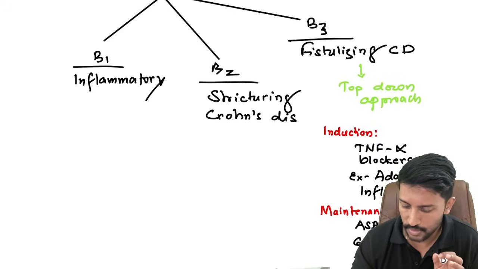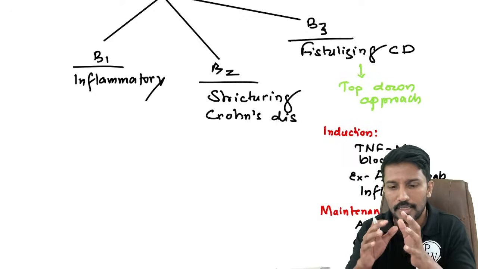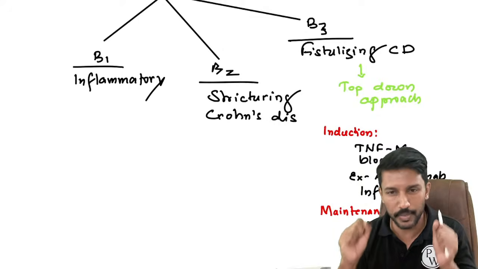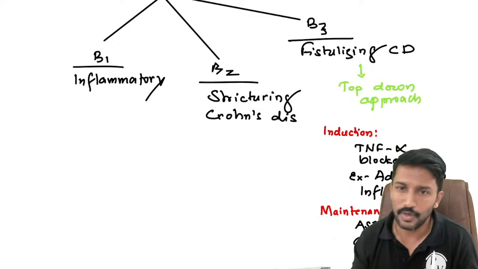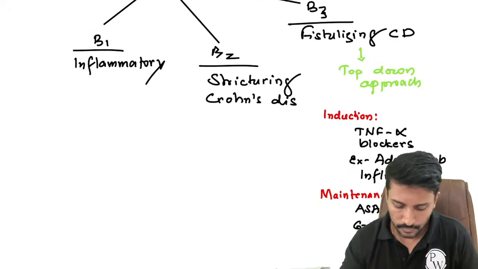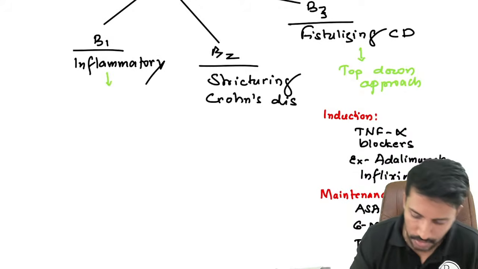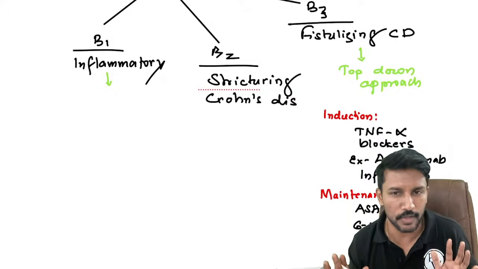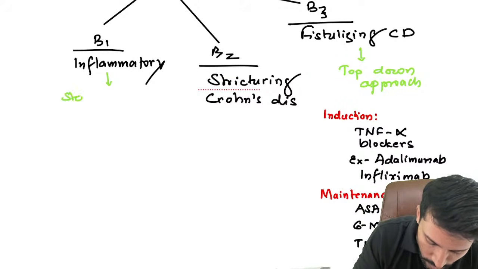So the approach is what is important here. So what are we trying to do? We are not trying to see whether a mild drug works for the patient. No, we are first using the best weapons available, control the disease. After that, we are switching down to milder medications, right? So for inflammatory disease, where there is no strictures, no fistula, just Crohn's disease, just inflammation, just some episodes of fever, right? So for such patients, we will follow the step up approach.